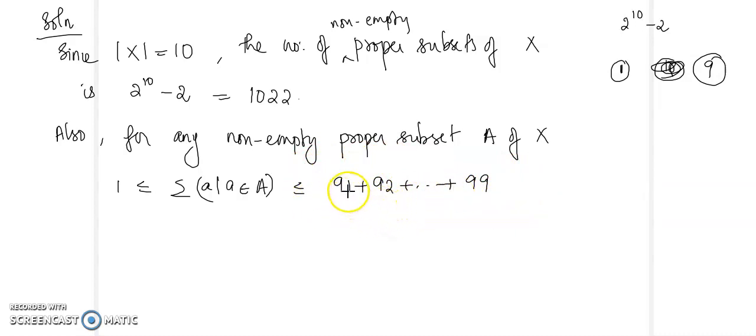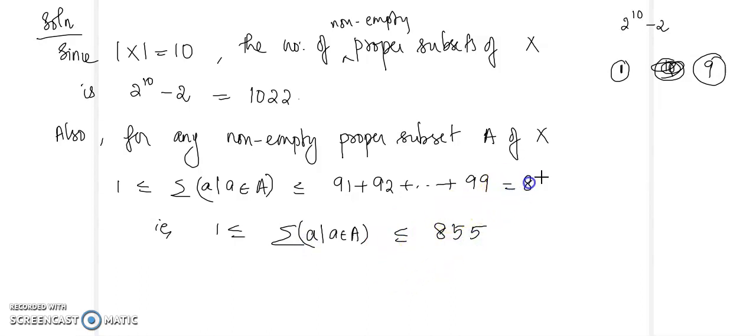So you will have 1 less than or equal to the summation of a belongs to A, which is less than or equal to 855. So the sum lies inclusively between